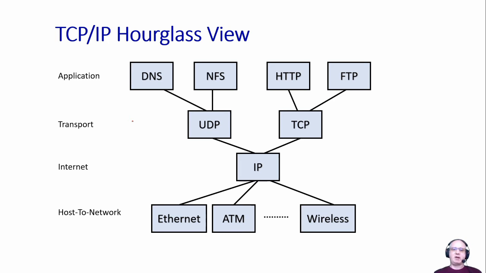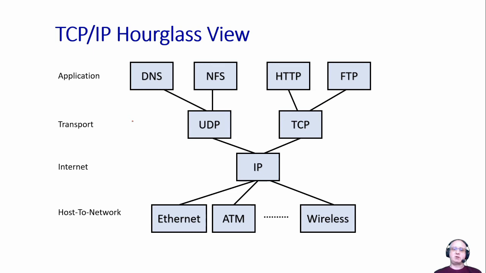So even though theoretically it's possible to have different protocols at each layer, in practice it turned out that some layers have lots of protocols and some layers only have a few. In fact, at the network layer there's one dominant protocol today, that's IP, though it comes in two variants, IP version 4 and IP version 6, that we'll talk about. At the transport layer, we have two dominant protocols, UDP and TCP. They're not the only ones, but they're dominant.